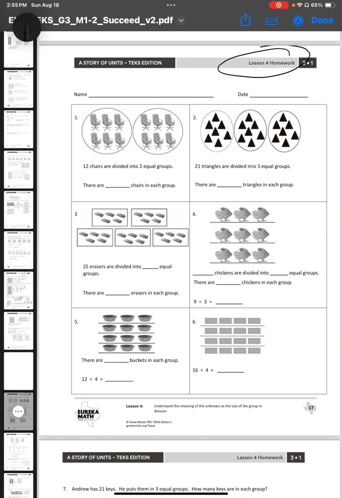This lesson is going to be the first lesson that moves us towards understanding division. And I would have to say that over the past several years, probably the most difficult concept for kids to grasp and understand is that of division. And so I'm happy we're starting this early. And here we're going to look at understanding the meaning of the unknown as the size of the group in